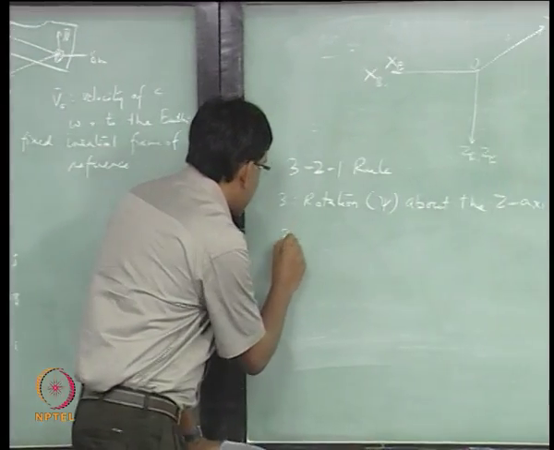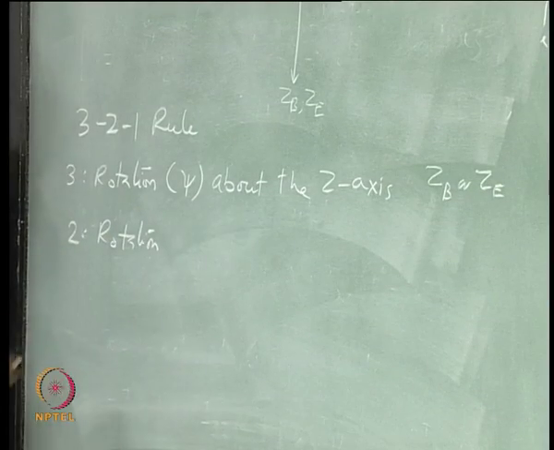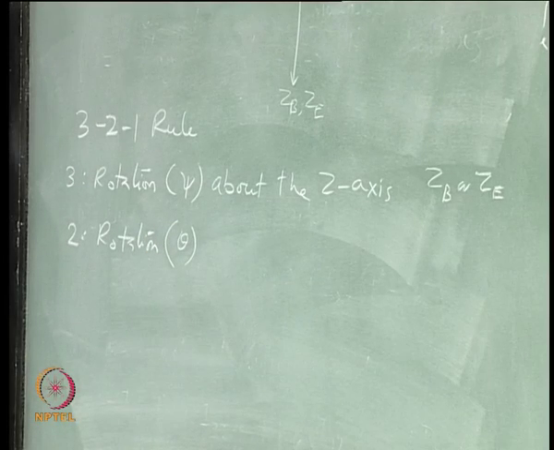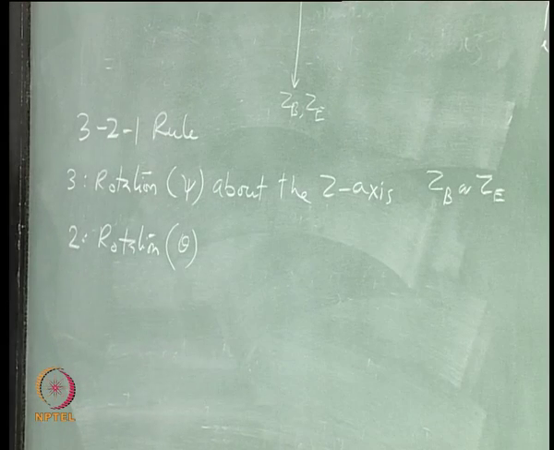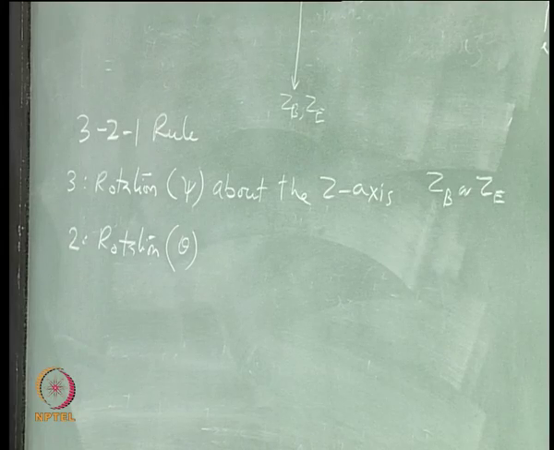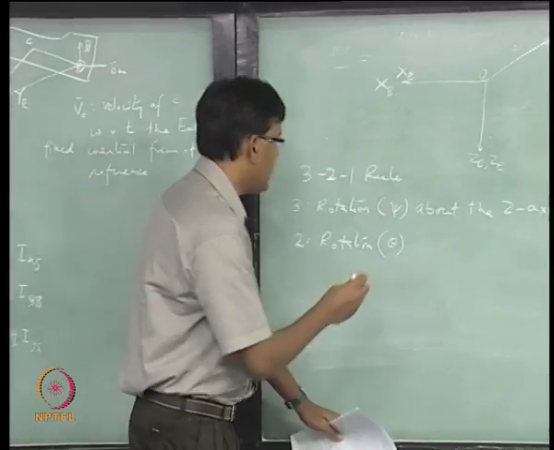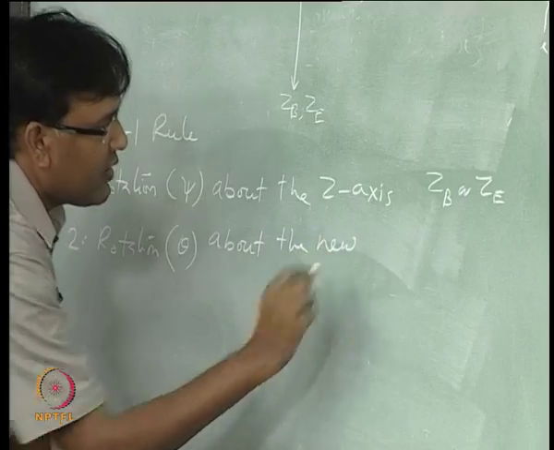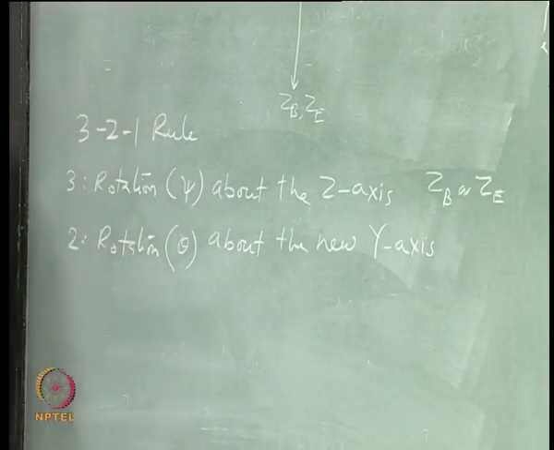Give the second rotation theta about the y axis, and that y axis is indeed the y axis of the aircraft, because I am rotating the aircraft, right. So rotation theta about the new y axis,